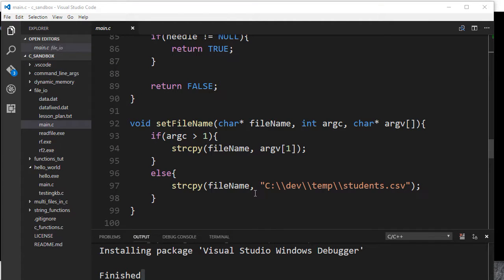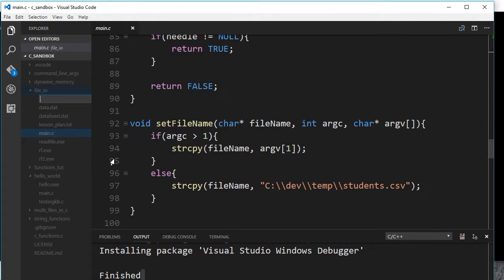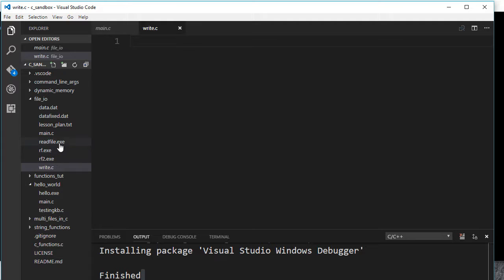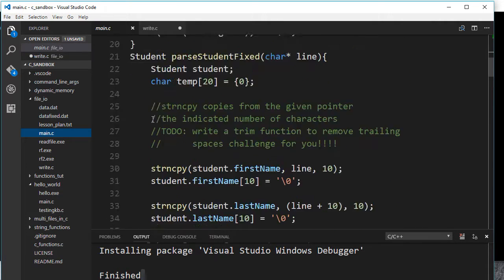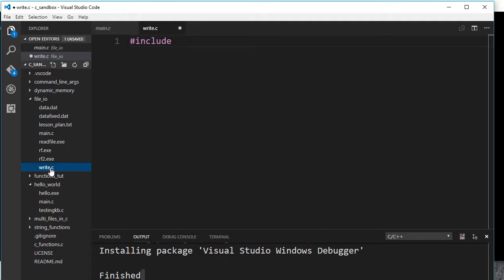In order to write to a text file, we have to create a new file. Let's go ahead and create a brand new file. We name it write.c. Okay, where did our file go? So we start off with the usual. Wait a minute, do we have it right? Is it include? Yes, it is include. So let's get started with include, and we're going to include as usual our stdio.h,